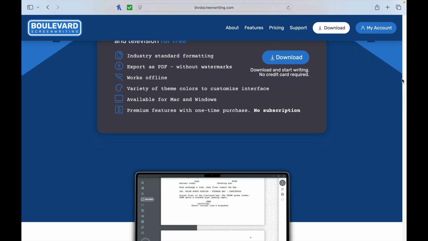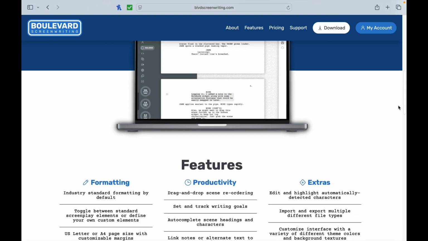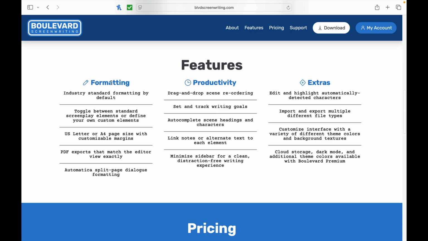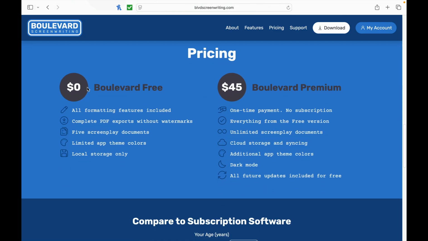There's a variety of themes and colors, which I'll show you once we get to the interface. It's available for Mac and Windows. The premium features are a one-time purchase, with no subscription, which is unfortunate because a lot of screenwriting software is going to subscription models right now. The price is actually less than Scrivener, which I thought was interesting. On the website, they have formatting, productivity features, and extras, and we'll show you what file types they use too. For pricing, the big one is free. For $45, again a one-time payment,